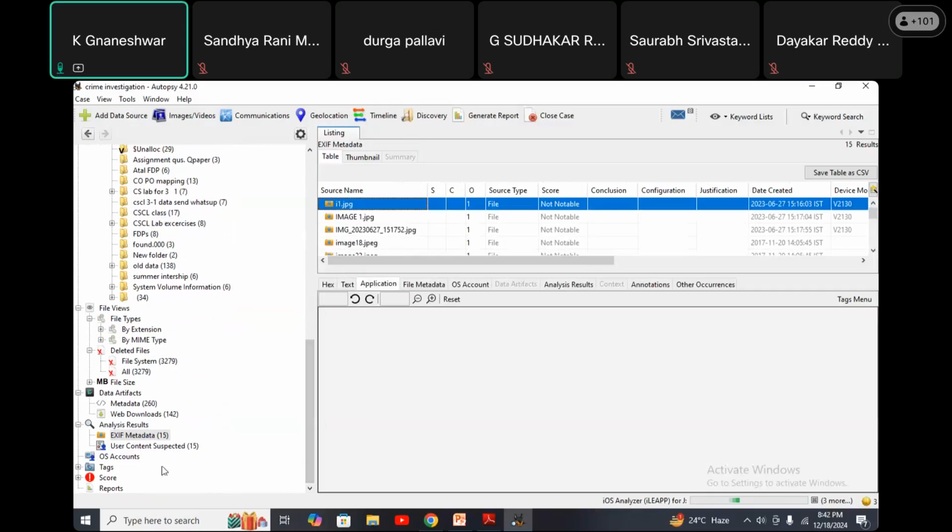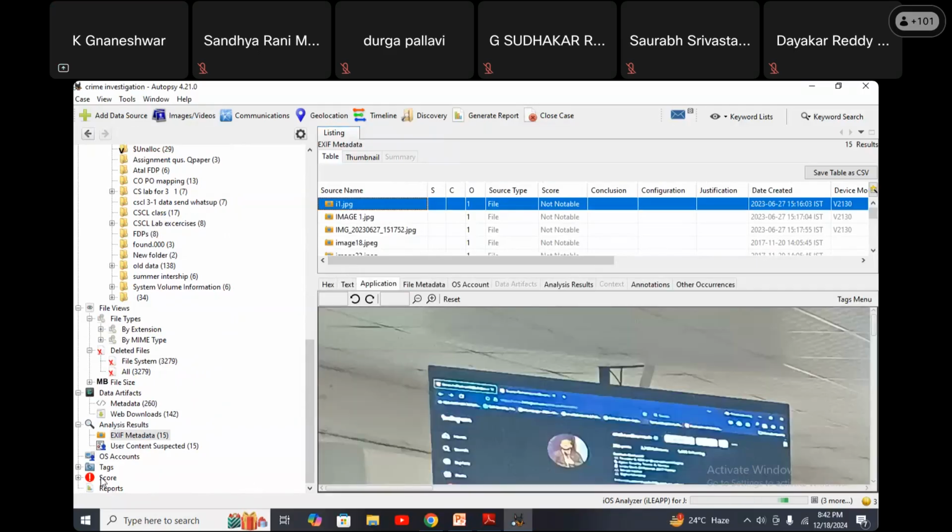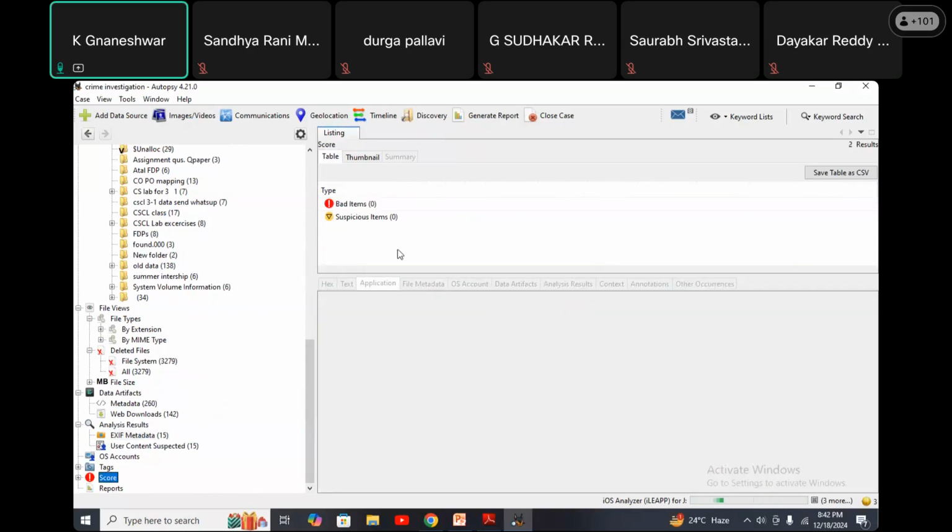And next, reports we can also see, and if there is any harm, it will show in the red mark also. Any harmful files, bad items or suspicious items we can see here, but here nothing is there. Scanned pen drive, so any particular harmful viruses or suspicious items, we can see here with this ATAPC tool. Total information is categorized here.